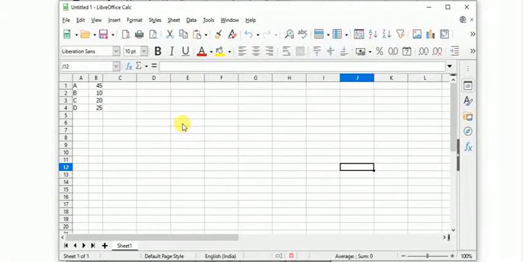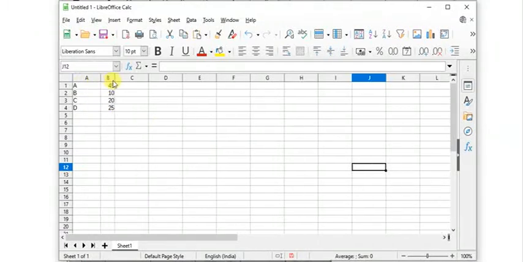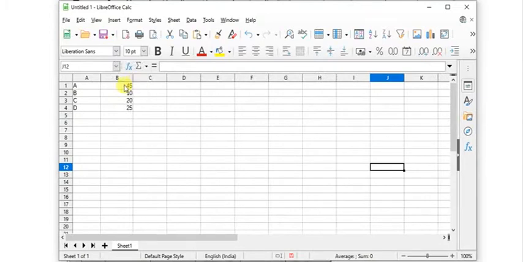Now let us see how to insert a pie chart. Suppose these are the data. Candidate A has got 45% votes, B is getting 10%, C is getting 20%, D is getting 25%. So the total sum becomes 100.